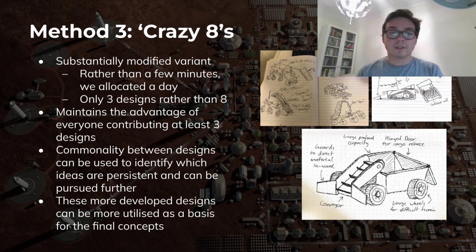With a deadline of about a day, we were given ample time to produce multiple annotated designs. As with the advantage of the original Crazy 8's method, it allows for every group member to produce the same amount of designs, where everyone contributes. Furthermore, the frequency of certain components could be measured, with ideas such as positioning the resource container on the top of the rover, tracks and 6 wheels making a frequent occurrence, and conveyor belts and buckets being the most popular